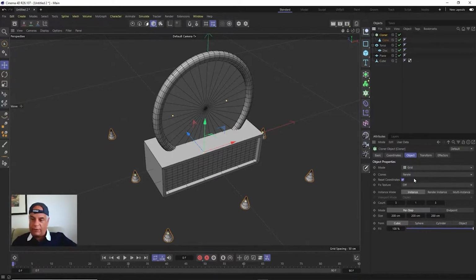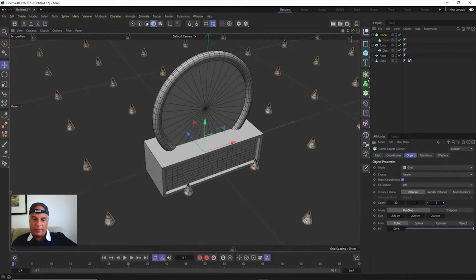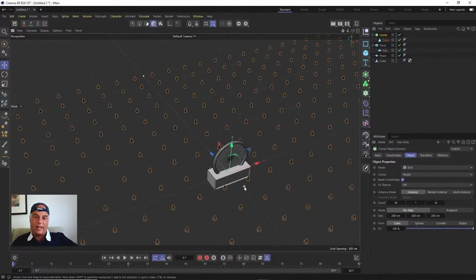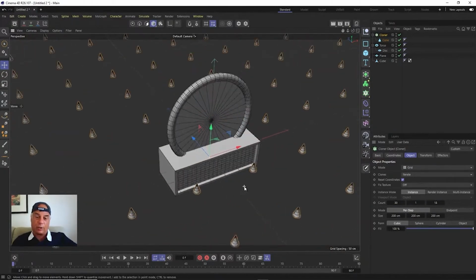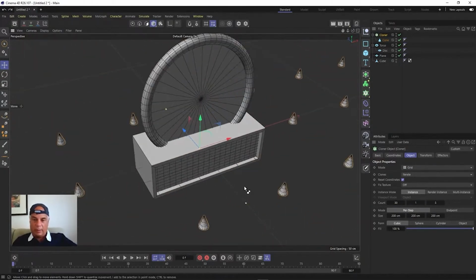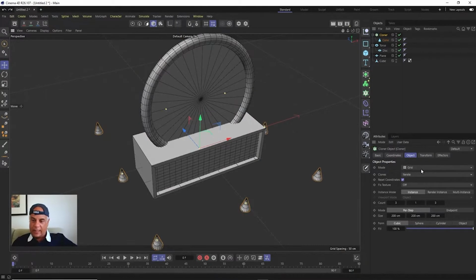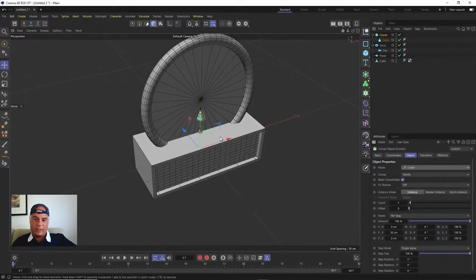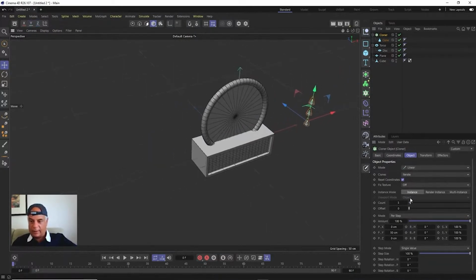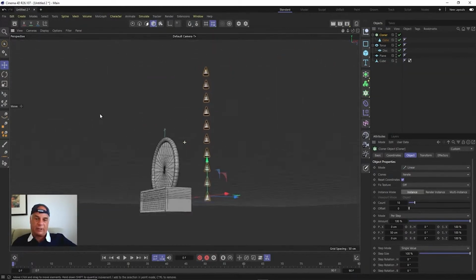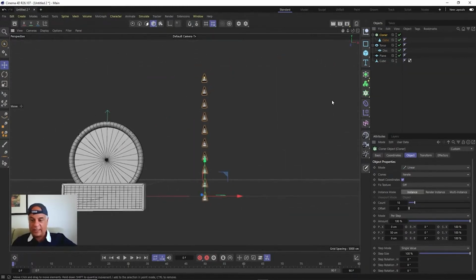Okay? So for example, if we were to up this grid, we can have a lot more. We could make a whole grid, and that can be useful if we wanted to make a gigantic grid of clones. But we don't want to do that. Okay? There's another one here, it's called linear. Okay? And what this does is it makes our cubes repeat themselves in a linear fashion. Okay, in this case, it's linear up,